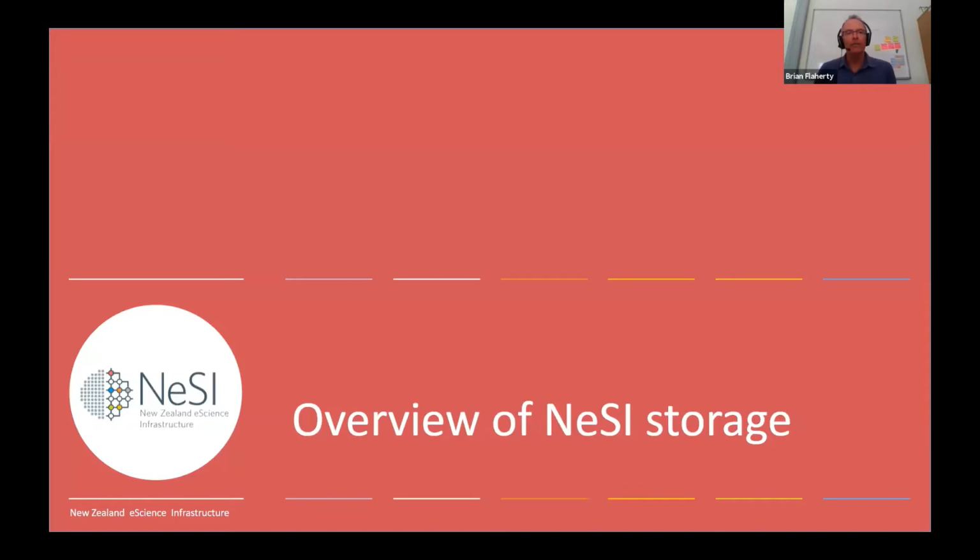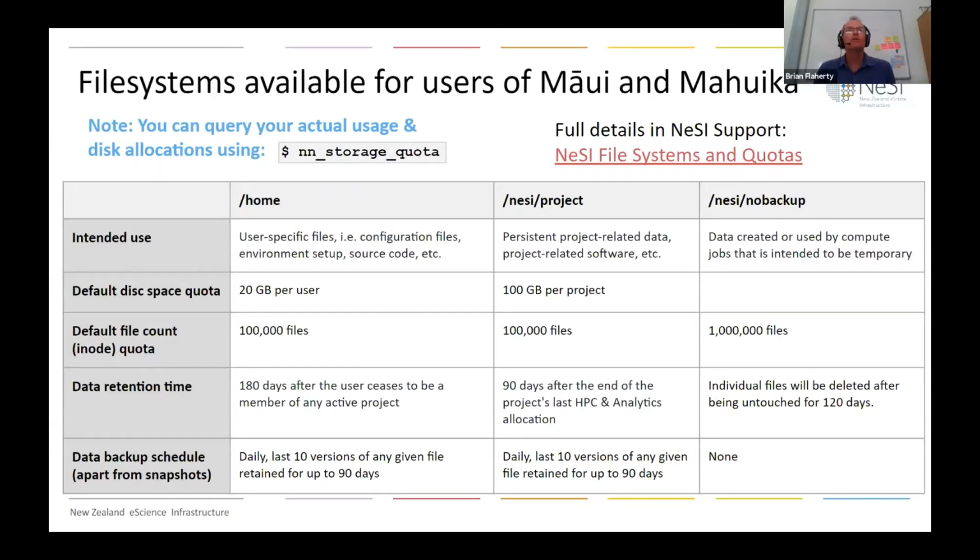Okay, overview of NeSI storage. To start, the file systems that are available for users of Maui and Mahuika. So there's the three types of storage available: the home directories, project, and no backup. The project and no backup both have your project code name as part of that directory name. The difference between